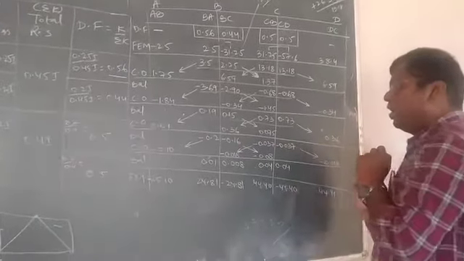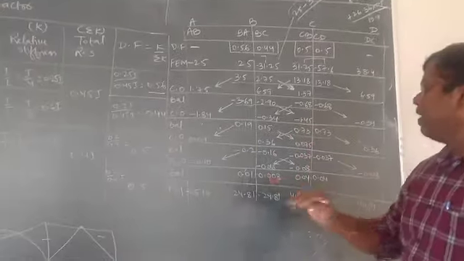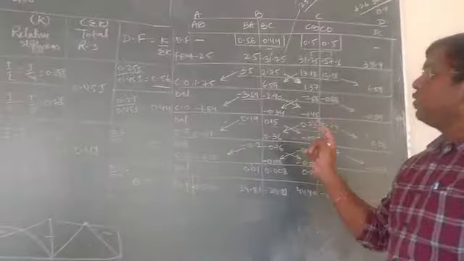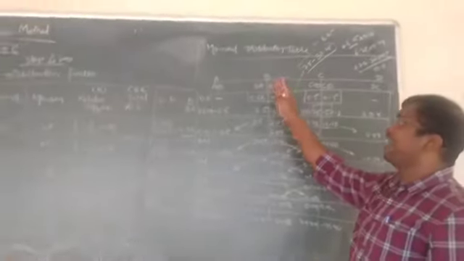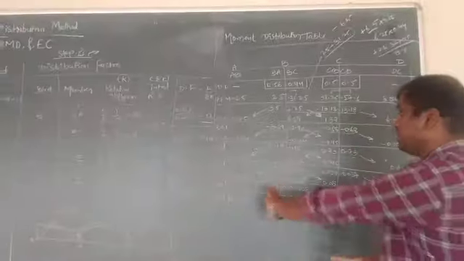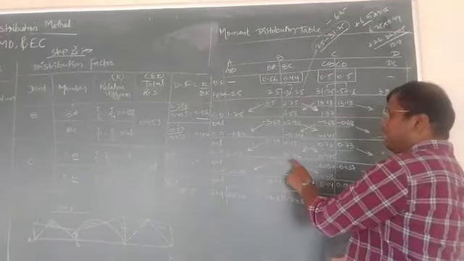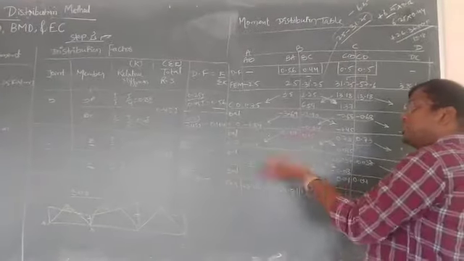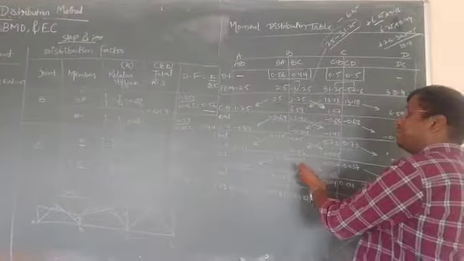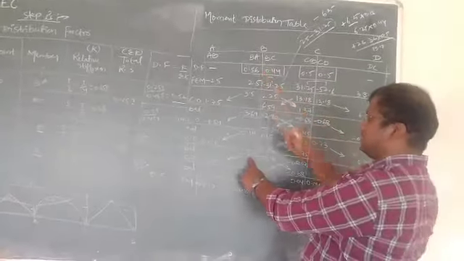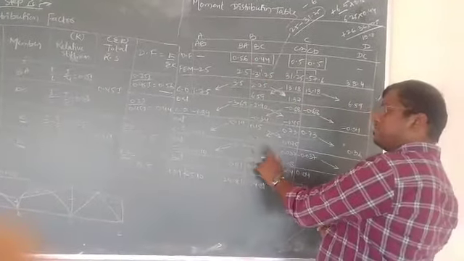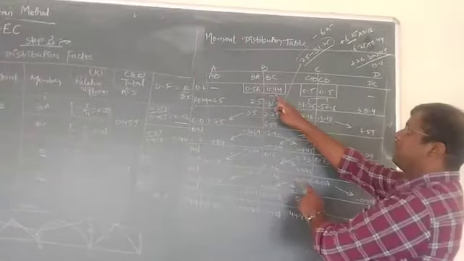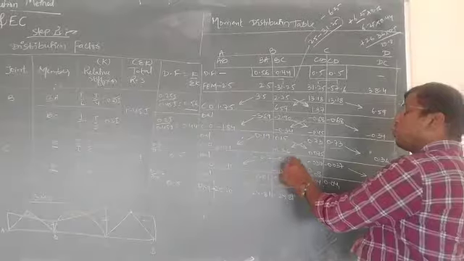Similarly, 0.36. Now, when I carry over the moment, again this joint got disturbed. Because we know that the moment at the intermediate support, at B and C, should be 0. So it is not balanced now. Again, we need to balance it. Now, 0.36 has to be balanced by the opposite moment, which is minus 0.36. Minus 0.36 multiplied by 0.56 gives minus 0.2. Sorry, minus 0.36 multiplied by 0.44, you will get minus 0.16.